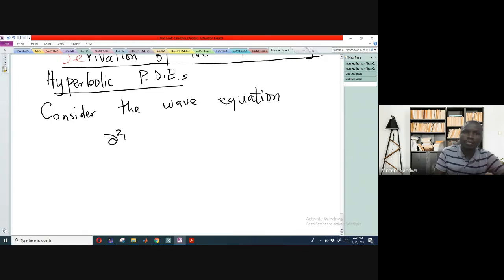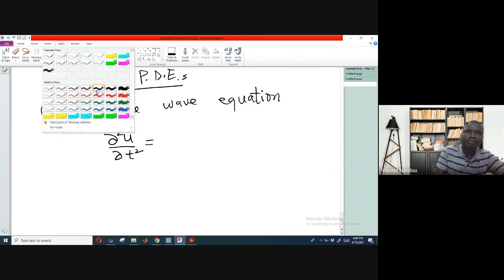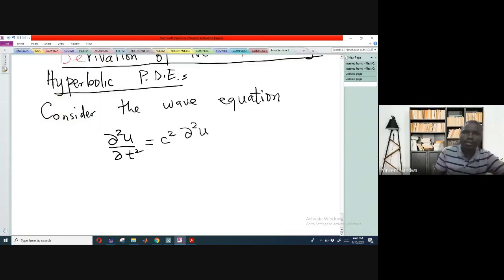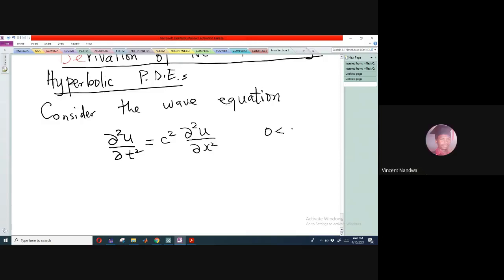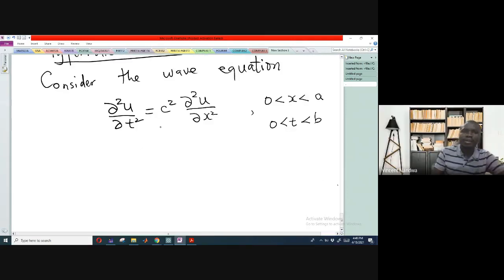partial squared u partial t squared equals c squared partial squared u partial x squared, where x lies between 0 and a, and t lies between 0 and b. So I'll call this one equation 1, with the initial conditions